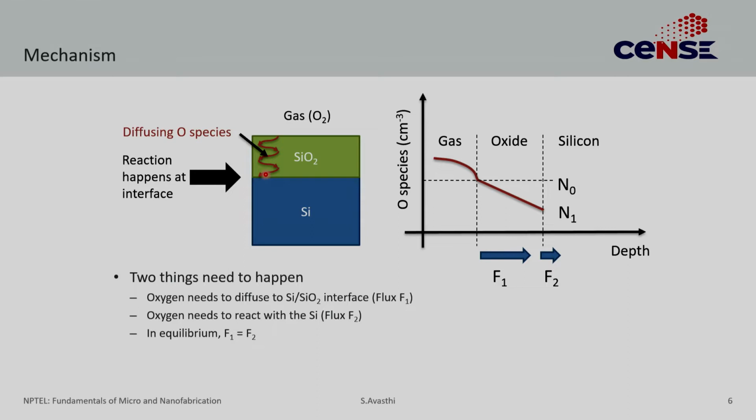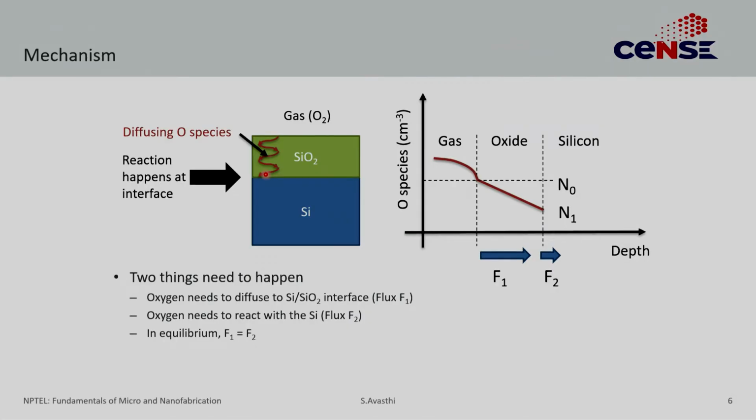Now, the only mechanism we know of for pushing one type of material through another material is diffusion. This is not an electrical species, we can't put an electric field on anything, it just has to go by diffusion. So, that can be better represented with this graph. If you look at your oxygen species as a function of depth, you have some concentration in the gas. Now, because the oxygen is diffusing from top to bottom, you are getting some profile.